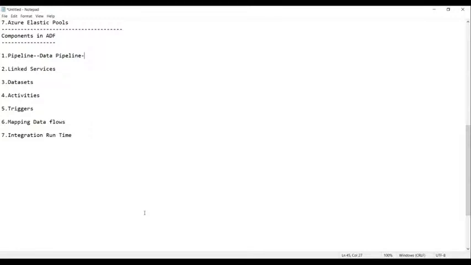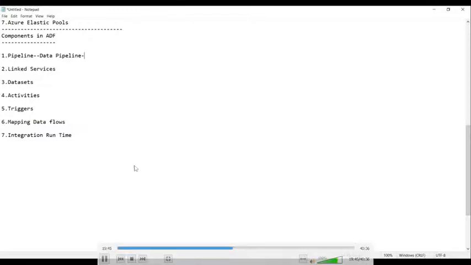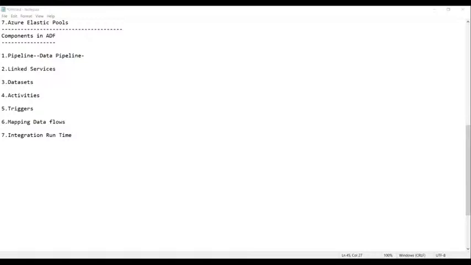Okay, so a pipeline is used to carry the data from the source to the target. Hence we call it a pipeline. Now guys, I'll take an example. Everyone just concentrate here. Okay.